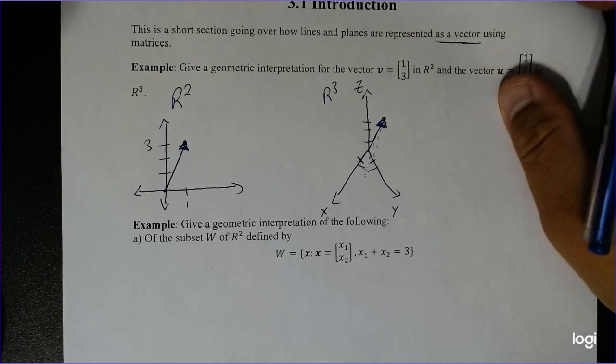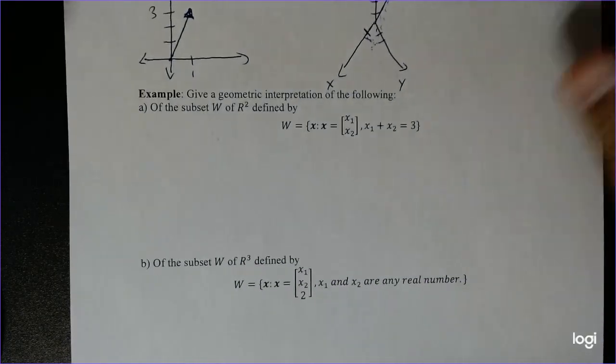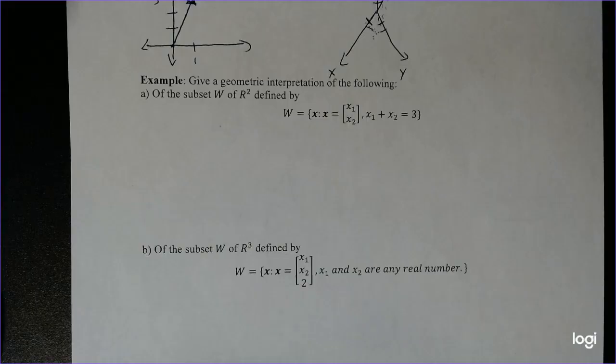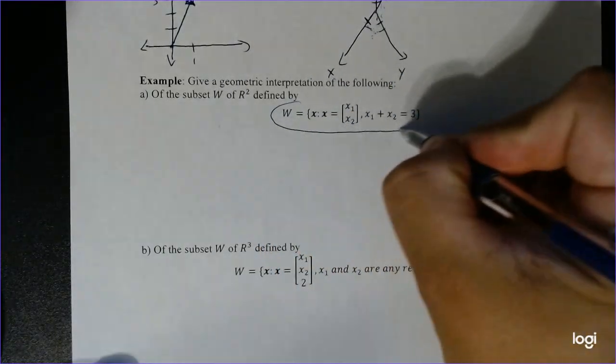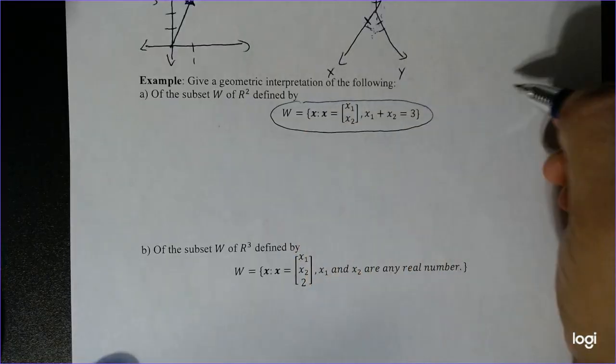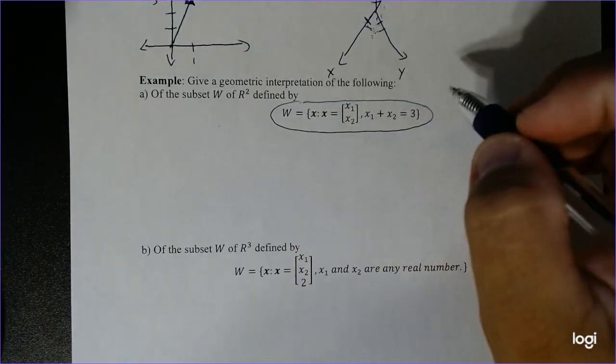But what we care about the most is how it's written. And that's what these next two examples are. So give a geometric representation of the following, of a subset W of R2 defined by this. Okay? And this is the key thing we're going to be going forward: how this structure is stated. So this wording is a little different. This is saying